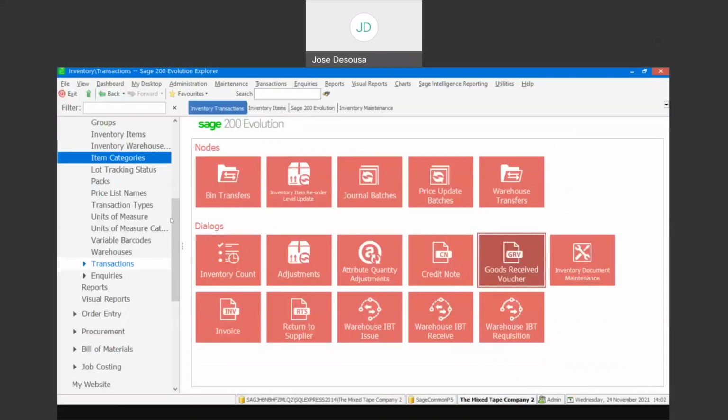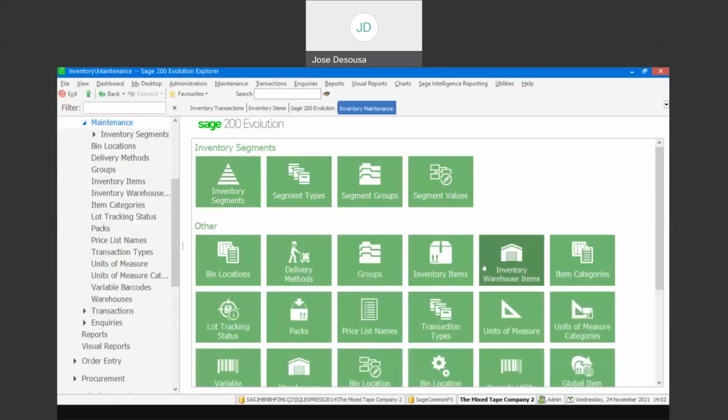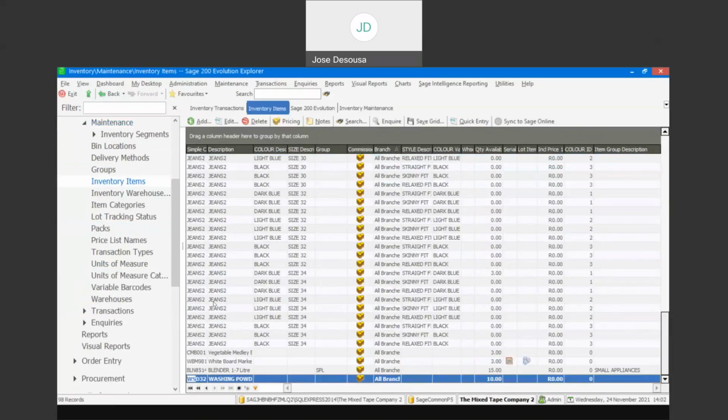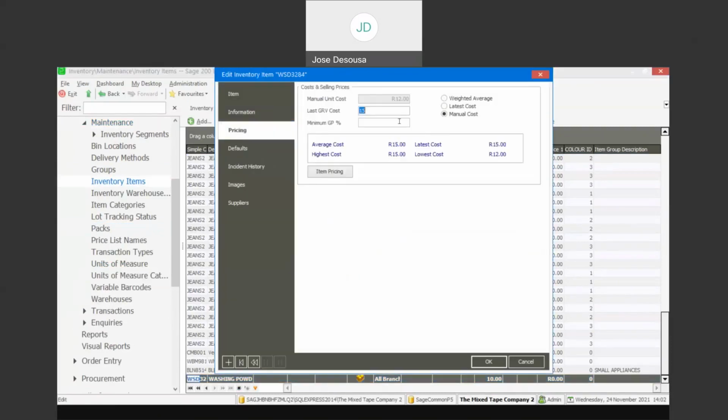I'm then going to revert back to my inventory items and edit the item that was created. If I go to my pricing tab, you'll see that the last GRV cost was 15. However, the manual cost has remained at 12. The reason is that for a manual cost item, in order for us to change the cost, we need to do a manual adjustment. So I'm just going to go back to